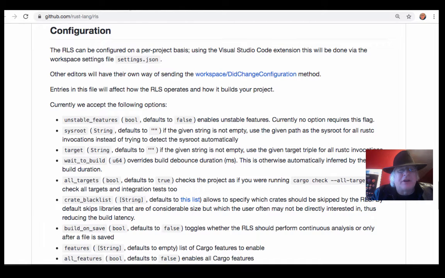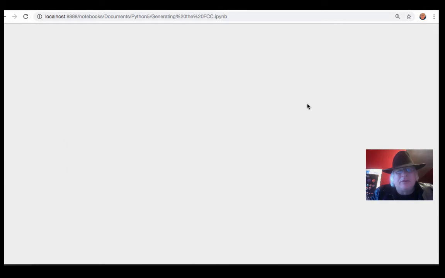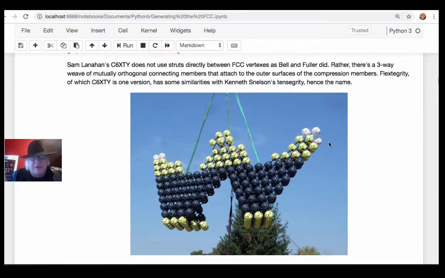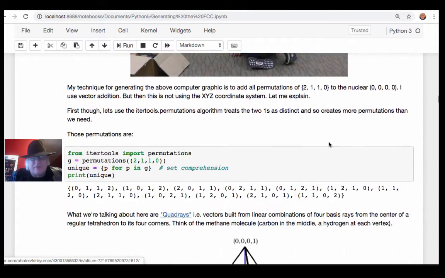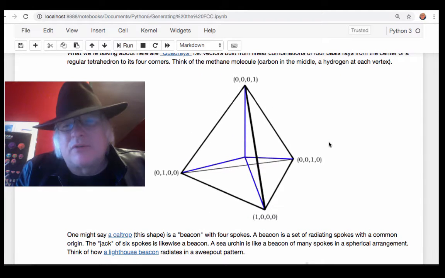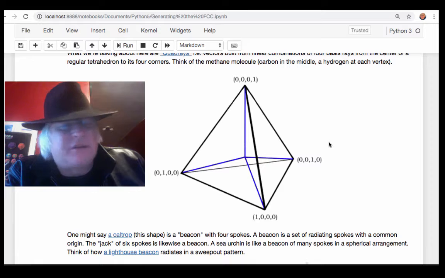Now, I'll end up just talking a little bit more about Rust and generating the FCC. You see, my project with generating the FCC is to use Quadray Coordinates. And Quadray Coordinates are very much like XYZ coordinates. I would teach them as sisters or close cousins. So you should think of them as intimately connected. In fact, you could call them two faces, two interfaces to something similar. So similar as interfaces. You add, you subtract, you negate